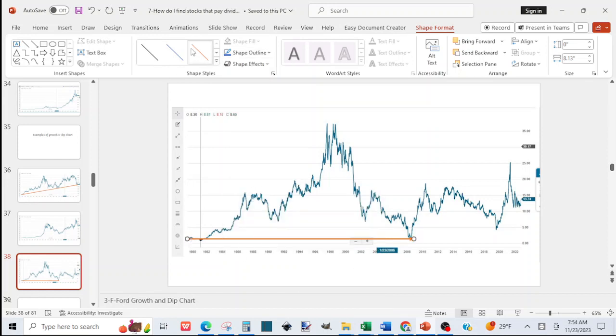Don't know if you allow me to draw another one again. Let's click on it. We draw another arrow from that start point to how much it's selling for now. It does have growth to it,